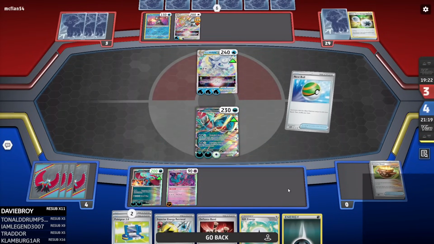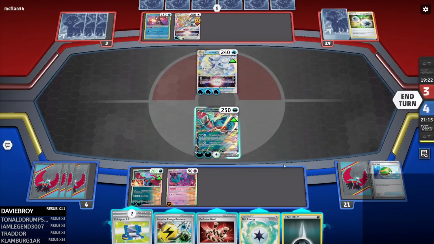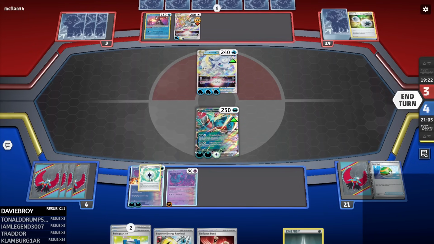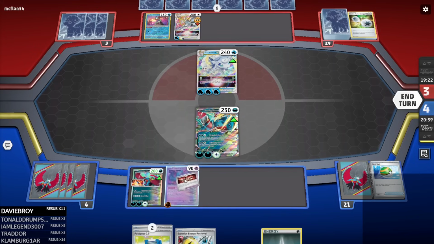So they're going to knock out the Roaring Moon. They're going to knock out the dude. So there's no reason to get anybody else on the bench. And then we go... Oh, crap. I gotta put the Defiance Band on this thing. Okay, and then we go... Gift Energy on this guy. We got to put the Defiance Band...